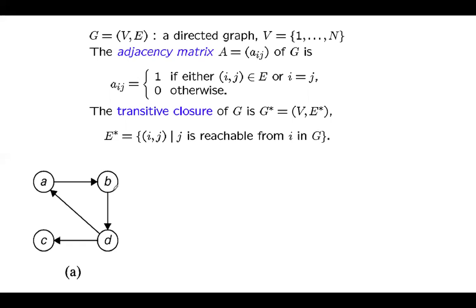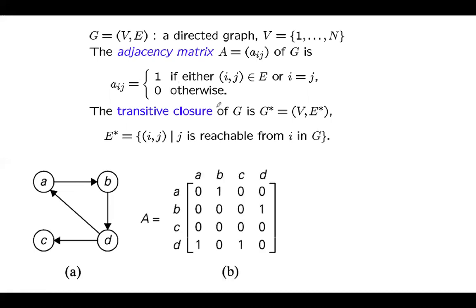For an undirected graph, we have written the adjacency matrix based on weights. If it is not reachable, we have written infinity, and whatever weights were there, we have represented in the matrix. Here, weights are not there, and it's a directed graph. How are we going to write the adjacency matrix? The matrix row-column value will be 1 if there is an edge between the two vertices. Otherwise, it will be 0. So the matrix will be like this.